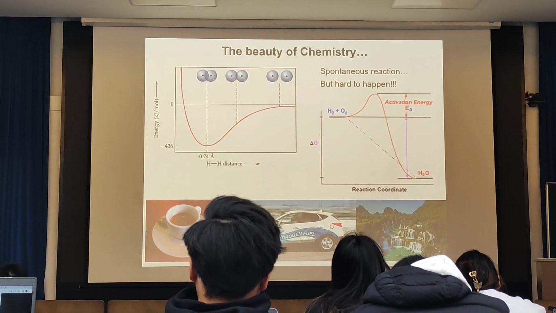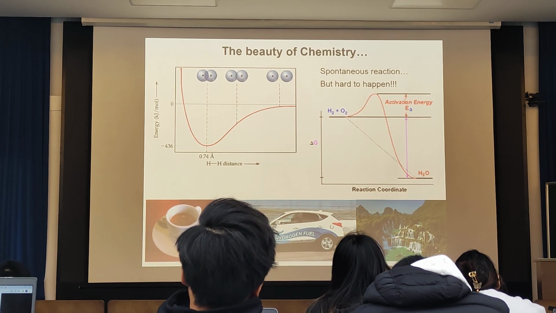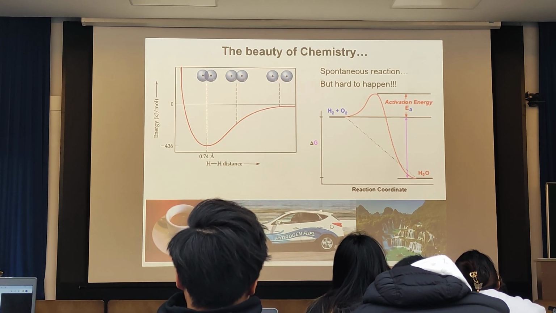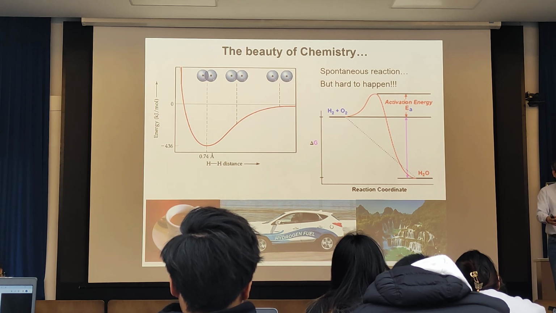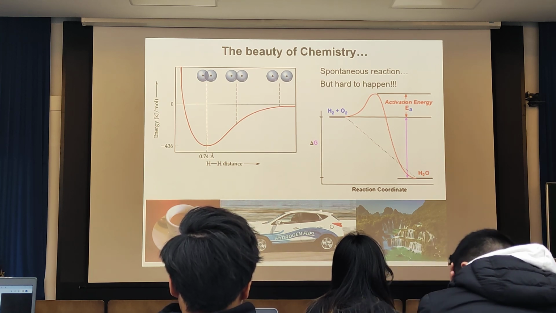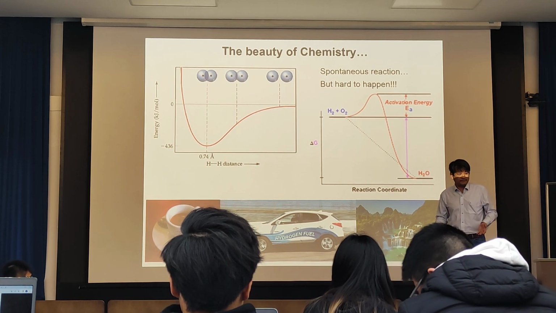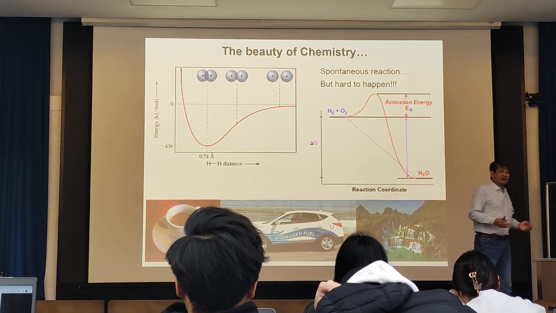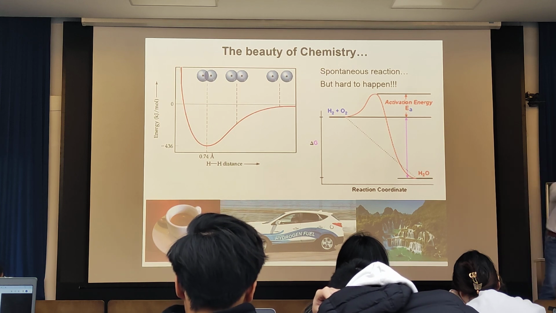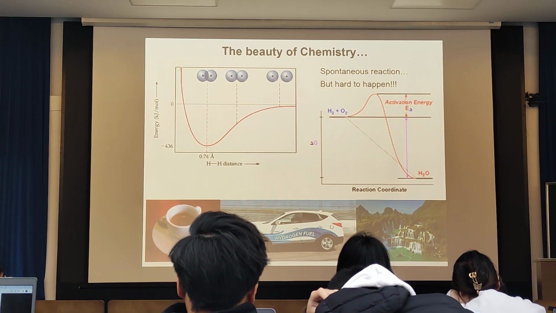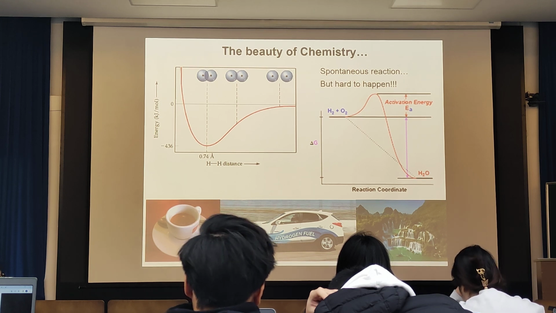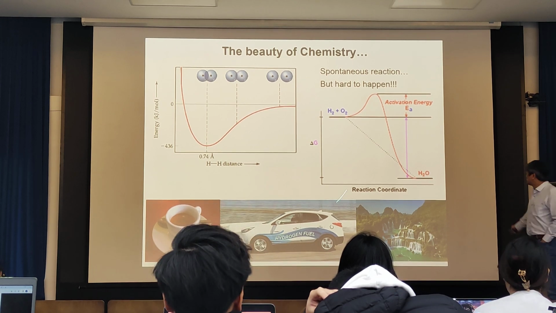That means the oxidation of hydrogen plus oxygen is an exothermic reaction. By the principle like a waterfall, an exothermic reaction will happen spontaneously. However, if you want to run the hydrogen car, so this is the Toyota hydrogen car, then one of the big challenges is to make this